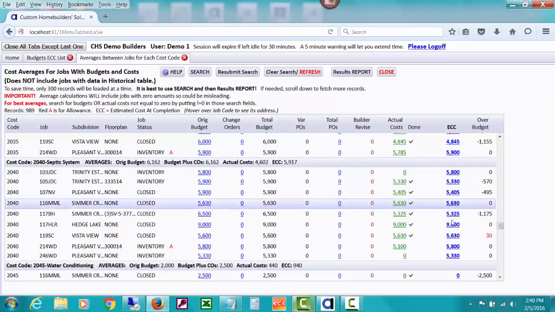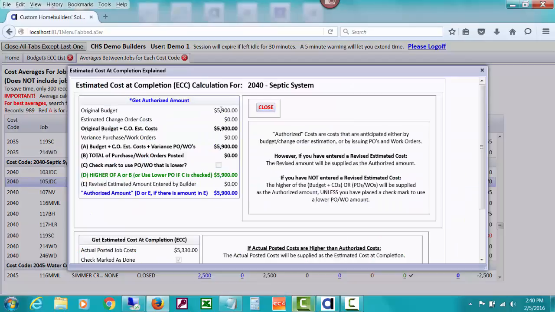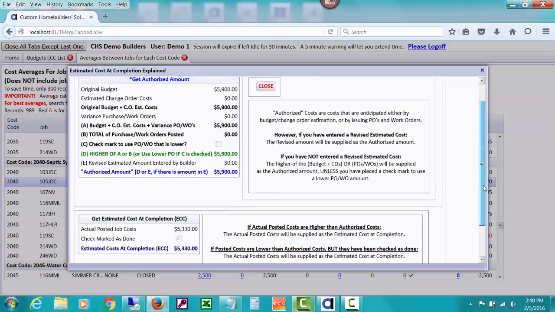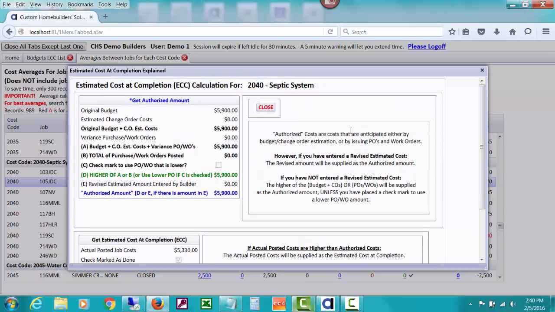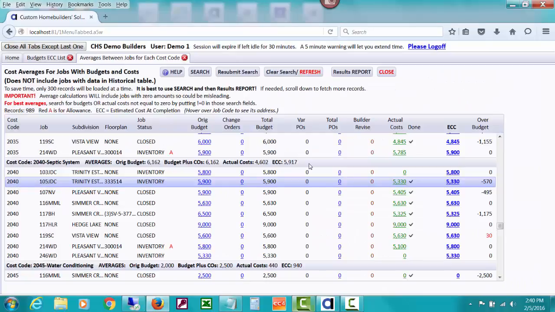And then it has the current estimated cost at completion for each one of those jobs, and averages that. Please watch other videos about how estimated cost at completion is calculated. You can drill down on these various things. That we had a budget, original budget, etc. Actual cost posted 5330. They're check marked as done, so the estimated cost at completion is actually 5330,